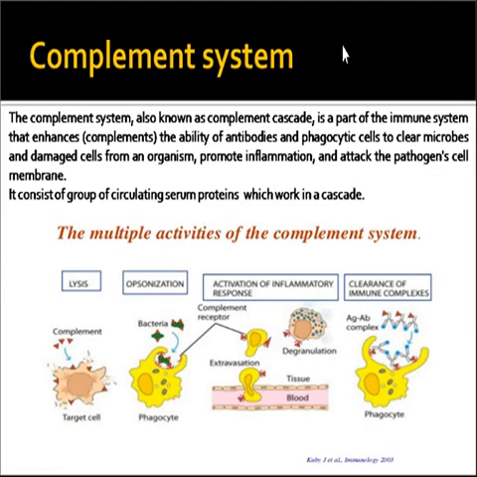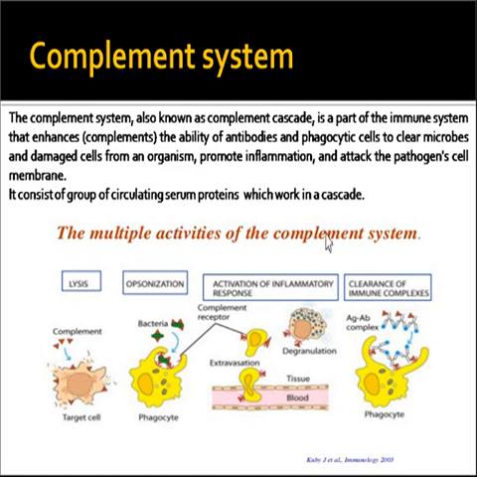Then the last one under this second line of defense is the complement system. The complement system consists of a number of small proteins that are synthesized by the liver, and they circulate in the blood as inactive precursors. And when stimulated by one or several triggers, the proteases in the system cleave these specific proteins to release the cytokines and initiate a cascade of reactions, ultimately leading to killing any foreign intruder.